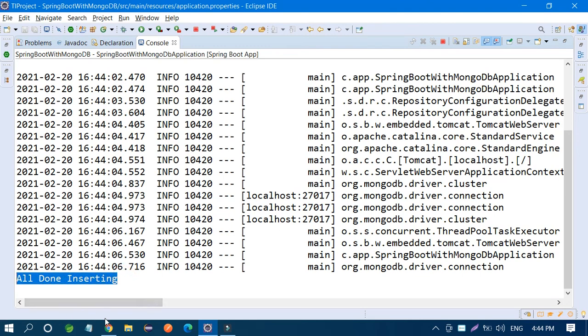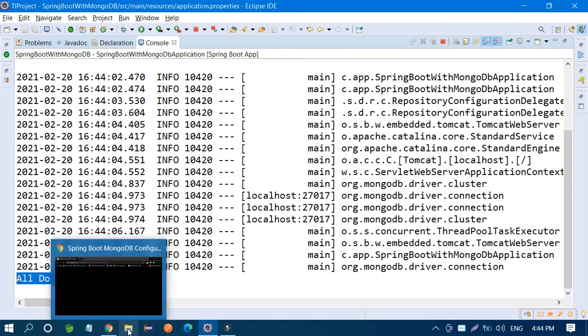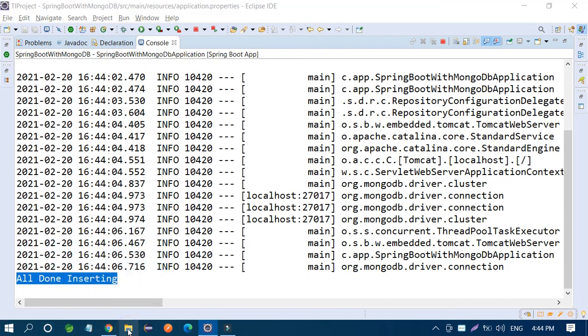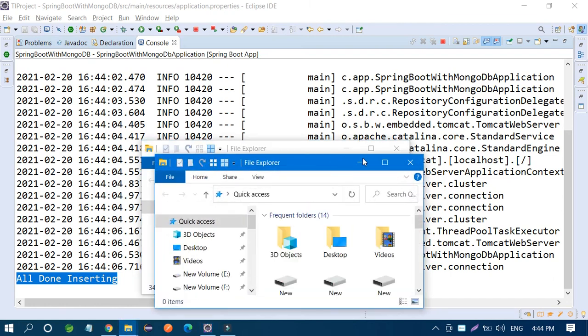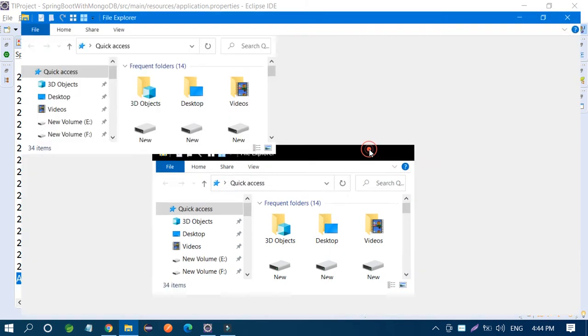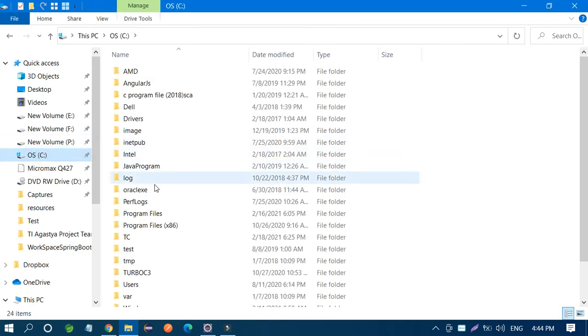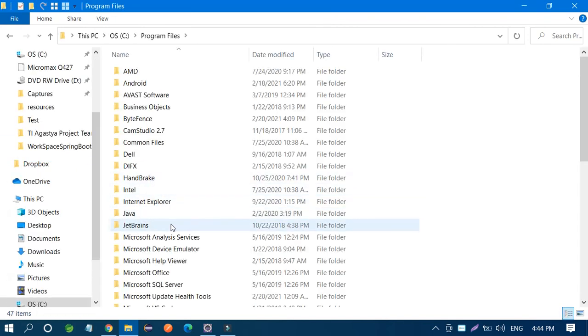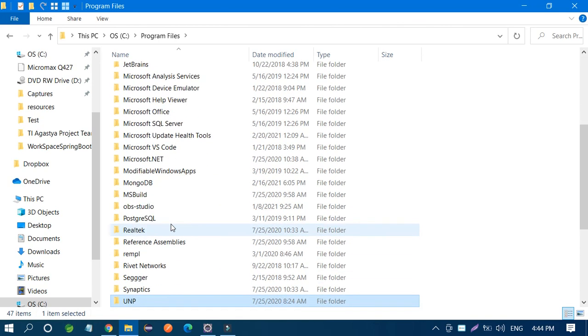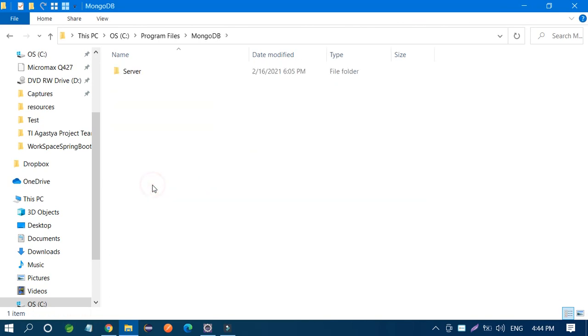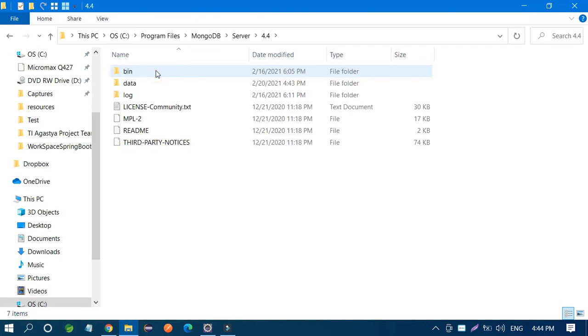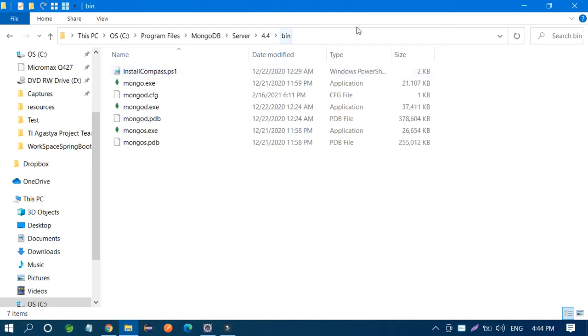If you want to see where the data is in the local database, just open it and go to your local database where you installed it. So this is my database, program files, go to MongoDB, server, bin.